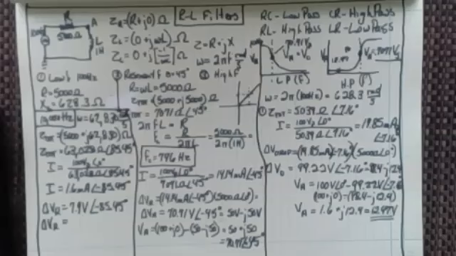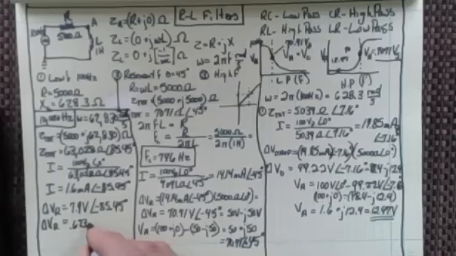And why do I say 85.45? Because the cosine of minus 85.45 and positive 85.45 equals the same thing, doesn't it? So 7.9 times the cosine of that equals